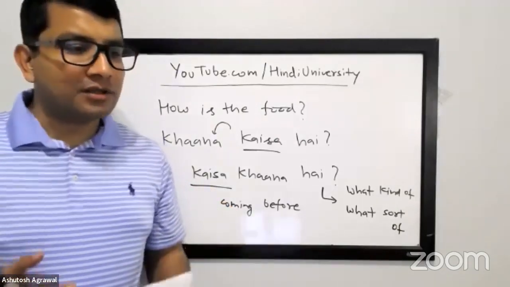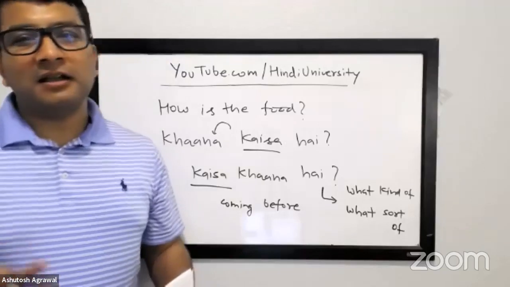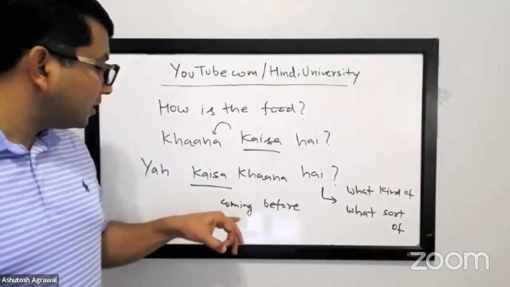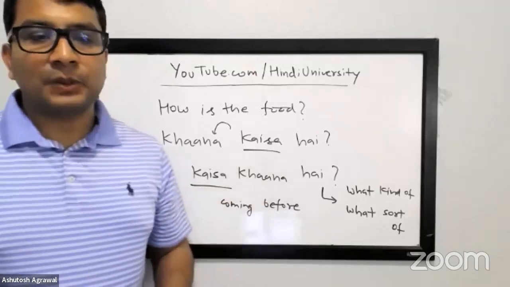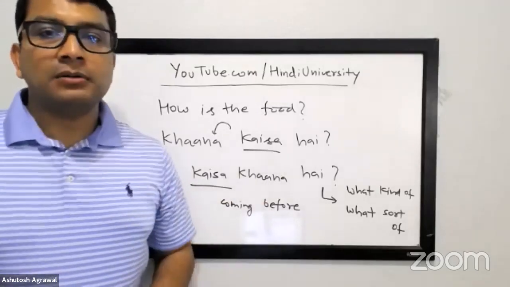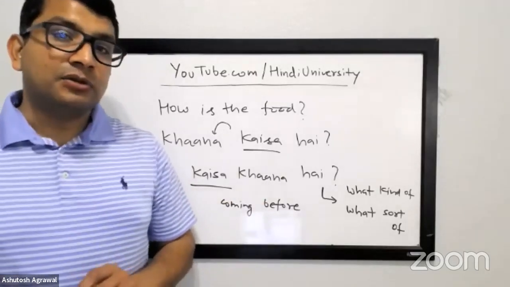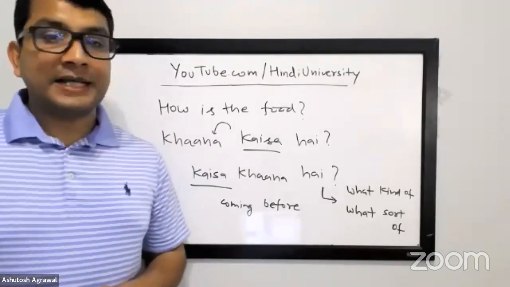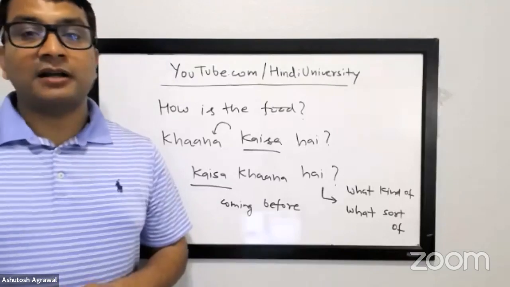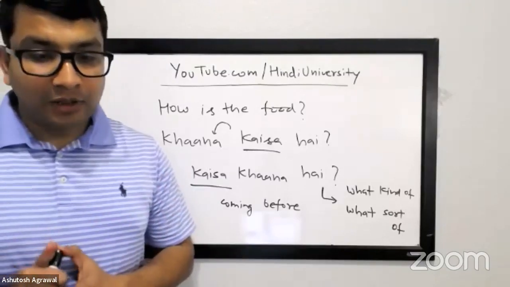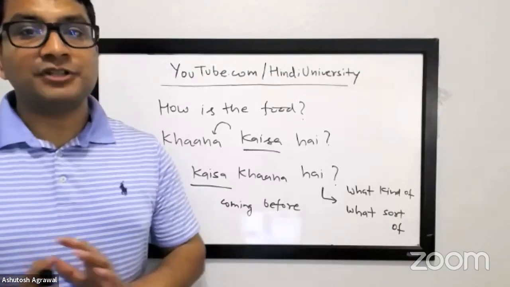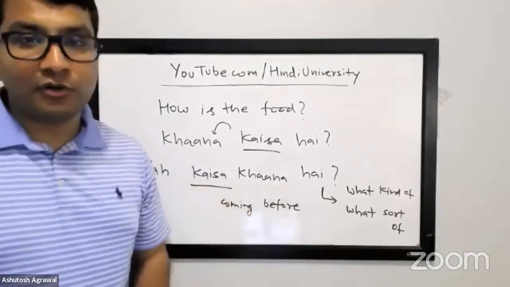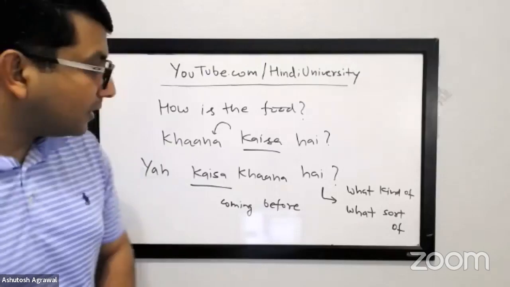Then the basic answer could be, oh, good, bad, okay, right? In the second one, it's really about what kind of food this is. It could be an Italian food, or a Middle Eastern food, or spicy versus non-spicy, like ये खाना बहुत spicy है, और ये खाना vegetarian है और gluten free है. So that's why it is what kind of or what sort of, okay?